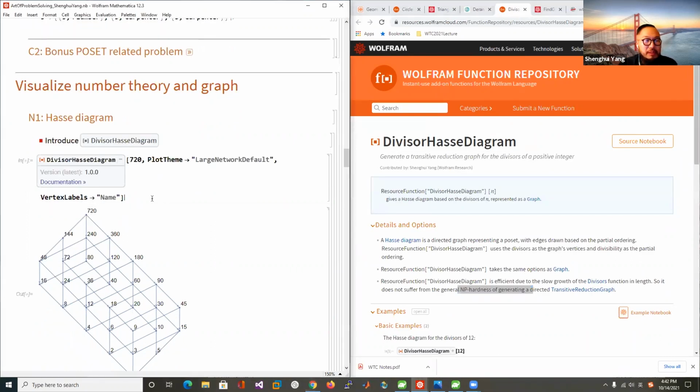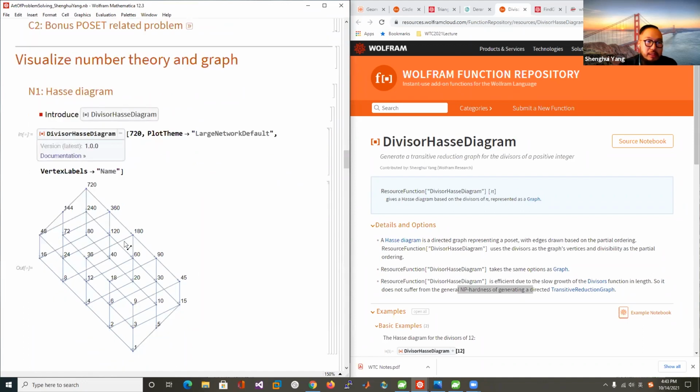There's one particular case for the Hasse diagram. It shows that if 240 is divisible by 720, you put the link here, right? And 80 is divisible by 240. But we do not put a link between 720 and 80 because we want to keep all the divisor information in this graph. And this is called a transitive reduction graph, which is typically proven to be NP-hard for a